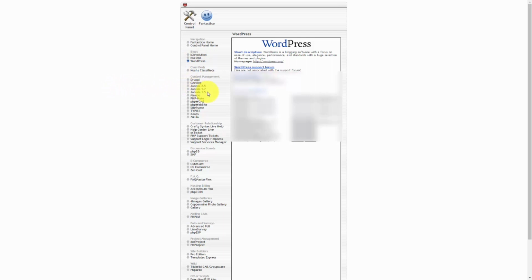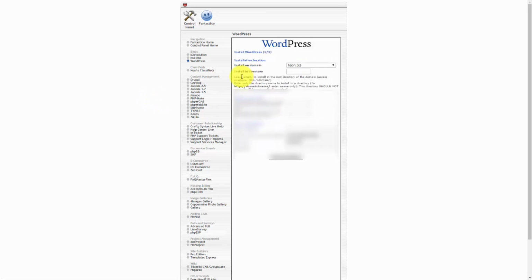WordPress is going to give you the option to start a new installation, and that is what you are going to do. You're going to click this link that says New Installation. When you do that, WordPress is going to give you some options. It's going to allow you to install WordPress in a subdirectory, and you can certainly do that, and that is one of the benefits of being able to use Fantastico and even using WordPress. We could theoretically install WordPress across our domain in many subdirectories, but in this particular case, we're just going to